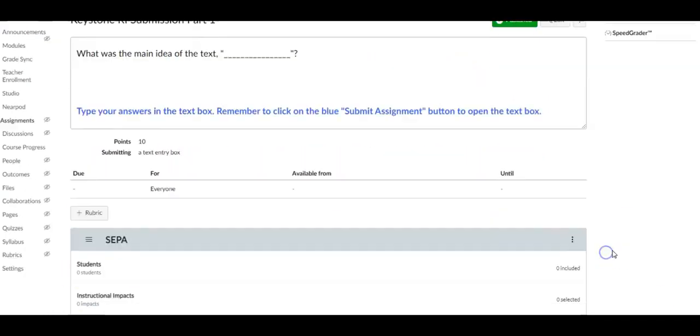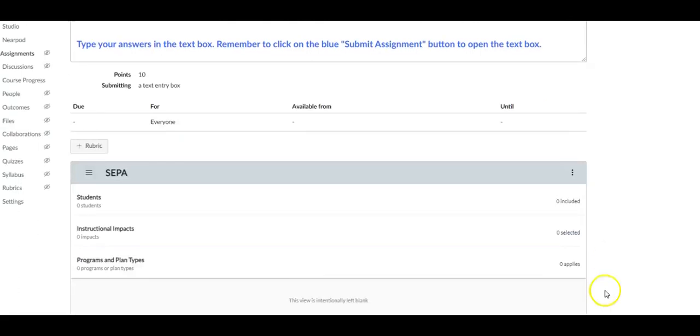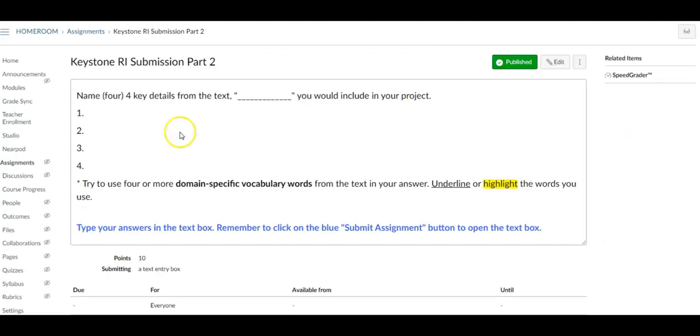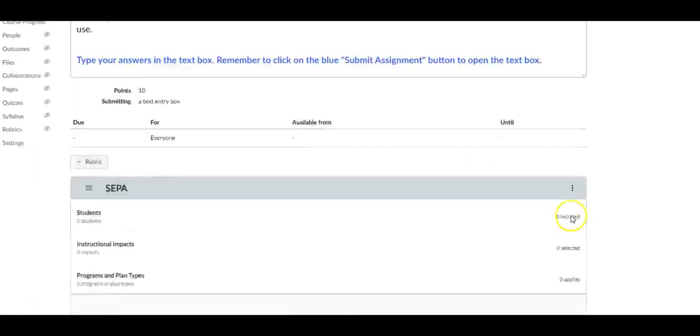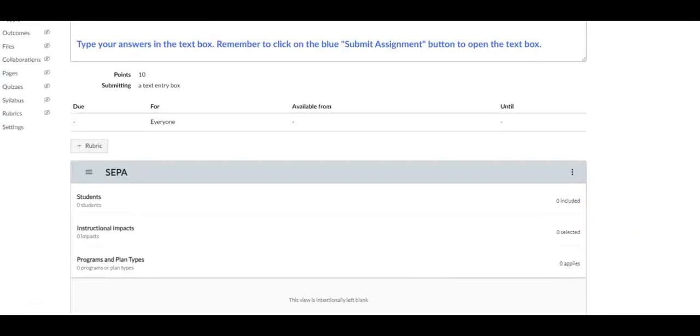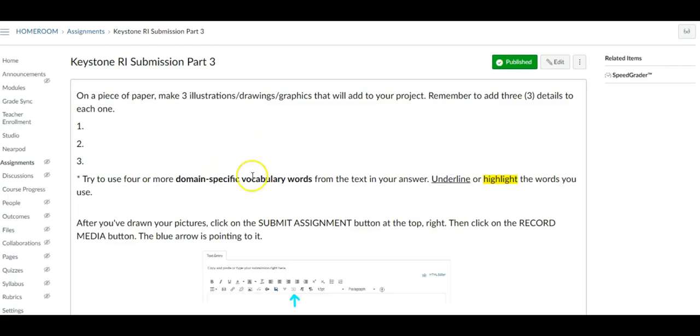Now this is pretty straightforward for all of the courses. Here are the 4 key details, 1, 2, 3, 4. Highlight the words that you use. Now this is for that vocabulary standard that we need to talk about. Here's your domain specific vocabulary words again. This one's the illustrations. It's really hard for our students to turn this in virtually. So one way that I like to do this is on a piece of paper, they can draw their own